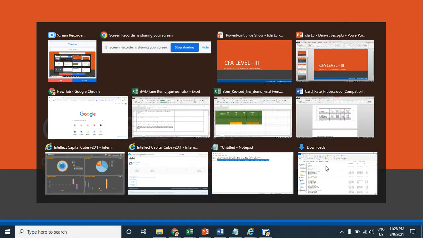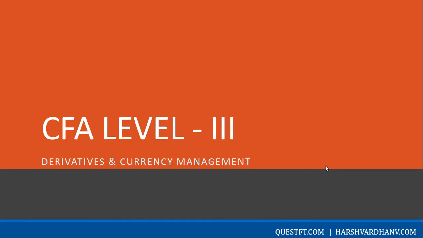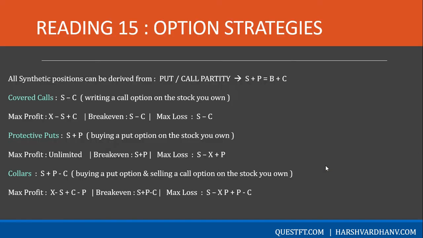Okay, so let's start with the derivatives chapter, and I'm going to quickly cover the strategies part. So we have a couple of strategies over here that we have seen all across our CFA curriculum. We know that all synthetic positions can be derived from the put call parity, which is stock plus put is equivalent to buying a bond with the par value of 100 plus a call option on that stock. So the stock plus put is equal to the PV of the bond with the par value 100 plus the